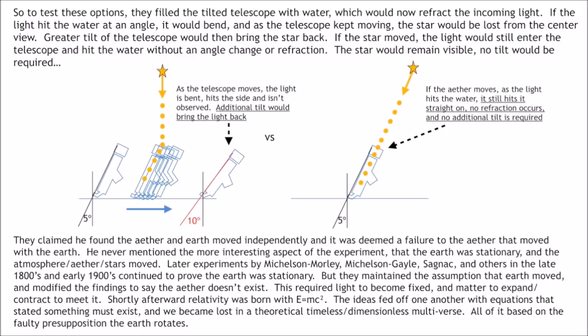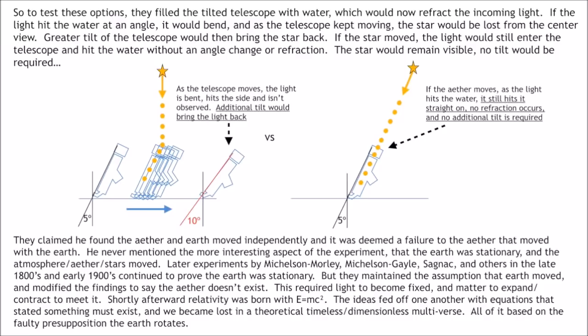So it was deemed a failure to detect ether within the moving Earth as dependent and moving with the Earth. He never mentioned the more interesting aspect of this experiment, though, that the Earth was stationary and that the atmosphere and ether moved. Later experiments by Michelson-Morley, Michelson-Gale, Sagnac, and others in the late 1800s and early 1900s